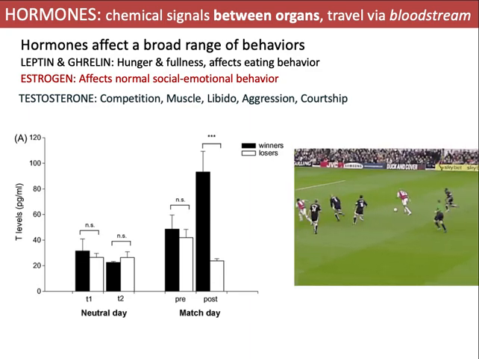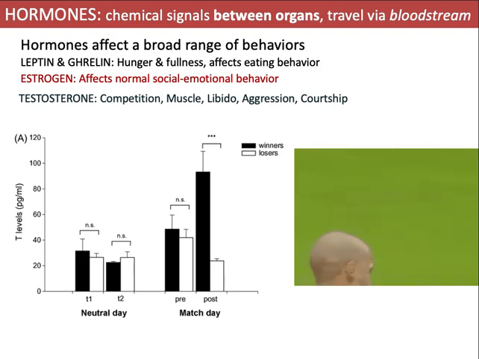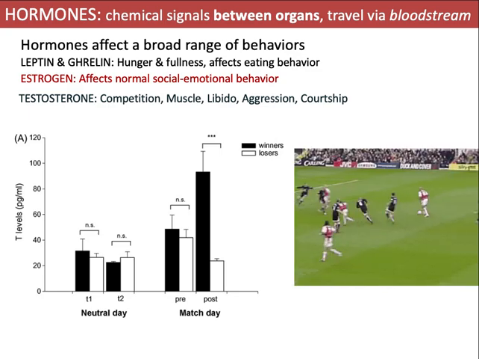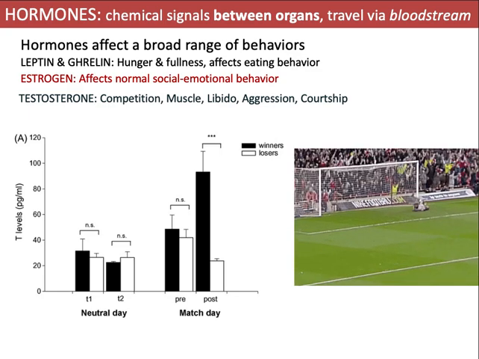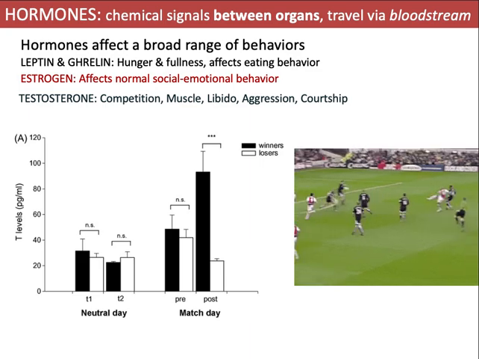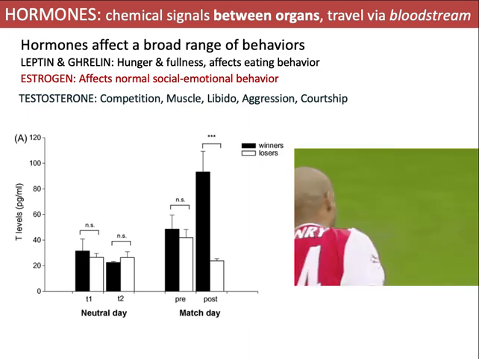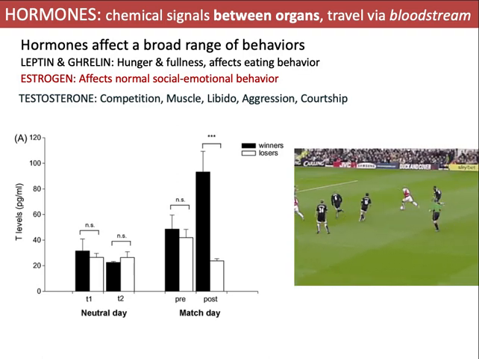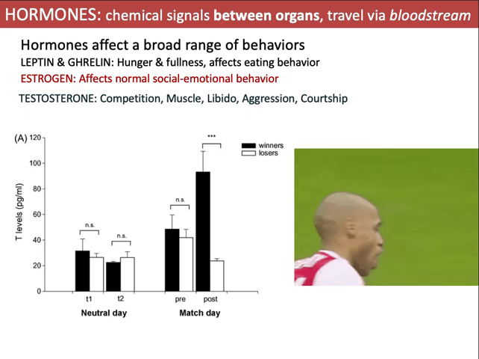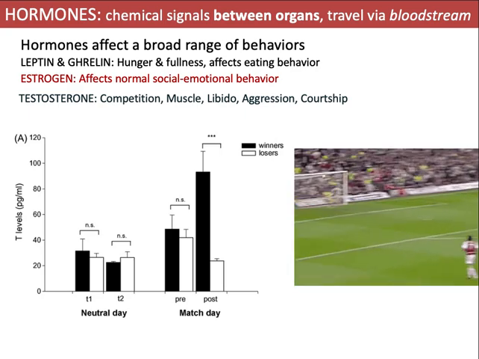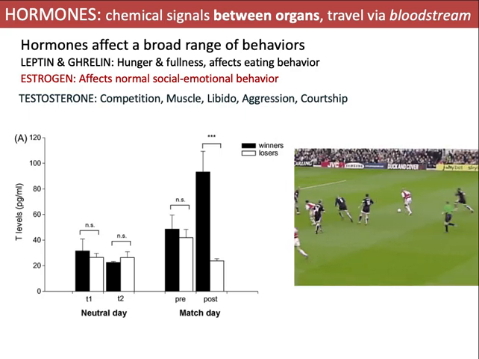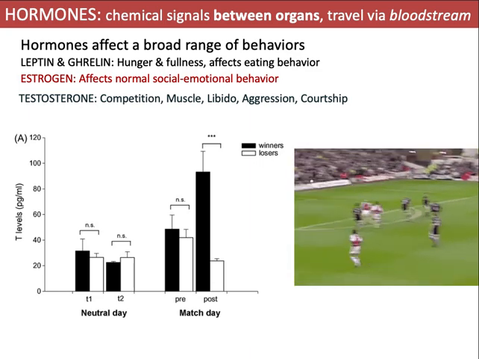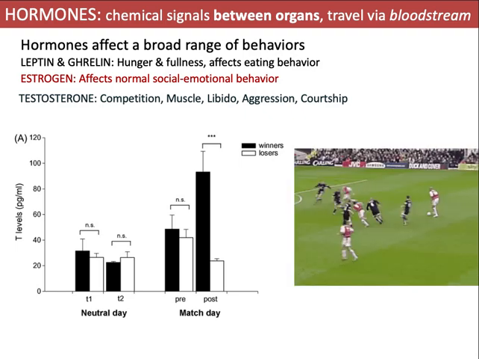And so, again, this is an example for soccer players. This pattern has been shown again and again in both men and women. In fact, this graph is from a study of a women's soccer team. And interestingly enough, other studies have shown that this change in testosterone, the so-called winner-loser effect, is also observed in spectators, right? So when your team wins, testosterone goes up in the fan. When your team loses, testosterone goes down. And that's quite fascinating, right?